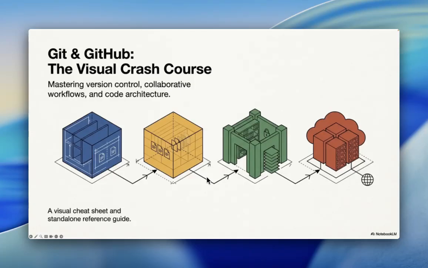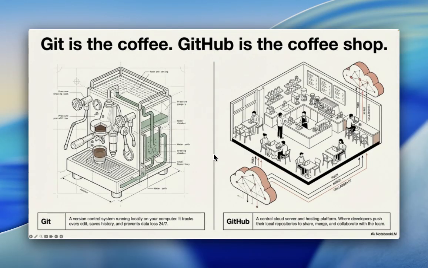Mastering version control quality works on a visual cheat sheet and a standard reference guide. Git is the coffee, GitHub is the coffee shop. Git is a version control system running locally on your computer. It tracks every edit, saves history, and prevents data loss 24/7. GitHub is a centralized cloud server and hosting platform where developers push their local repository to share, merge, and collaborate